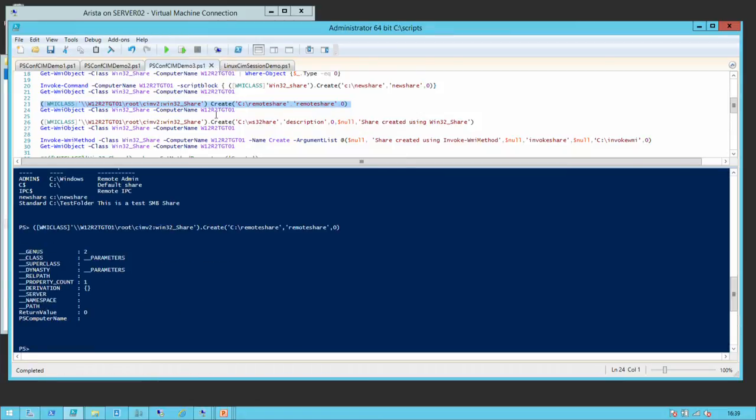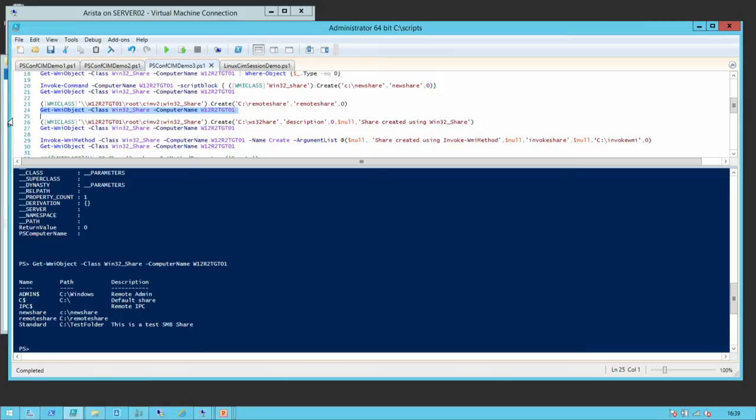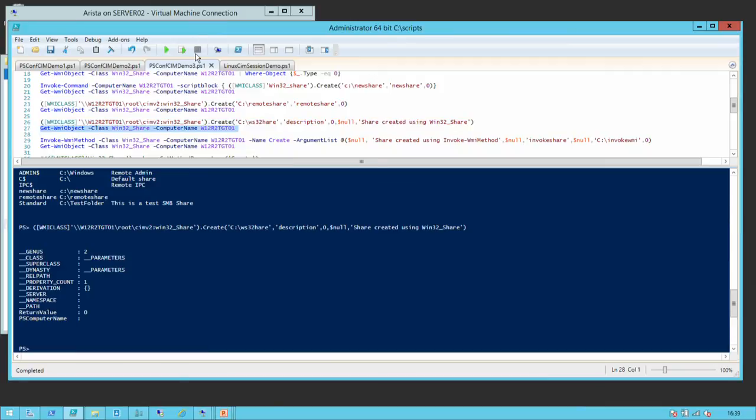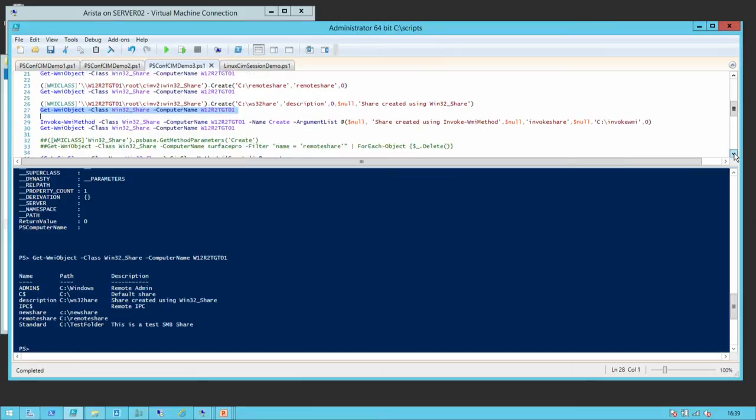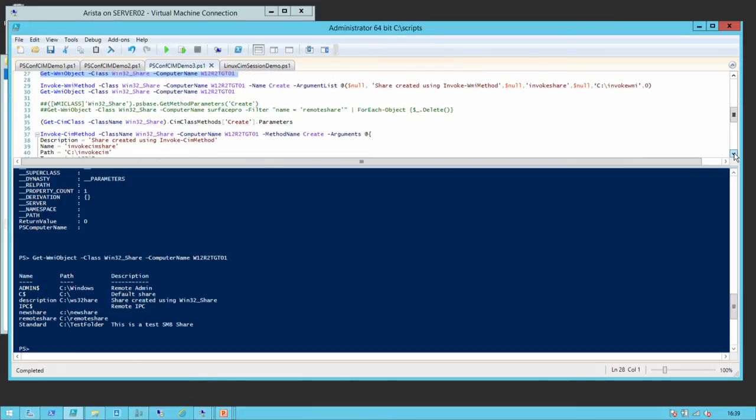You can put the server name in to access it directly. And you can actually, what's that doing? Oh, there's a couple of other parameters in there, like setting a description. So you can see that this one has a description. Right. A much easier way is to use invoke WMI method. However,